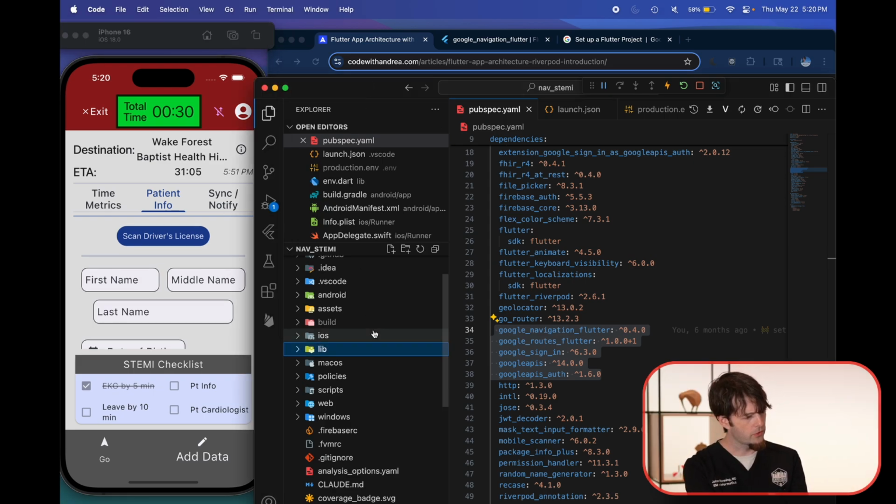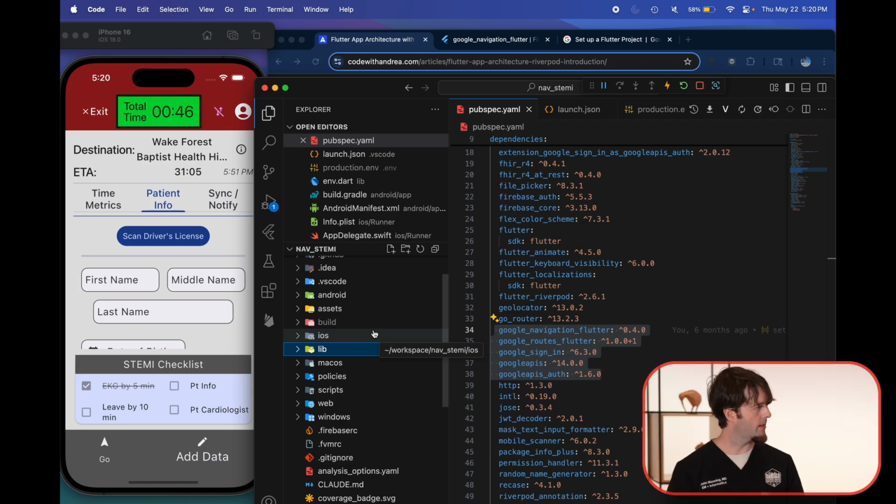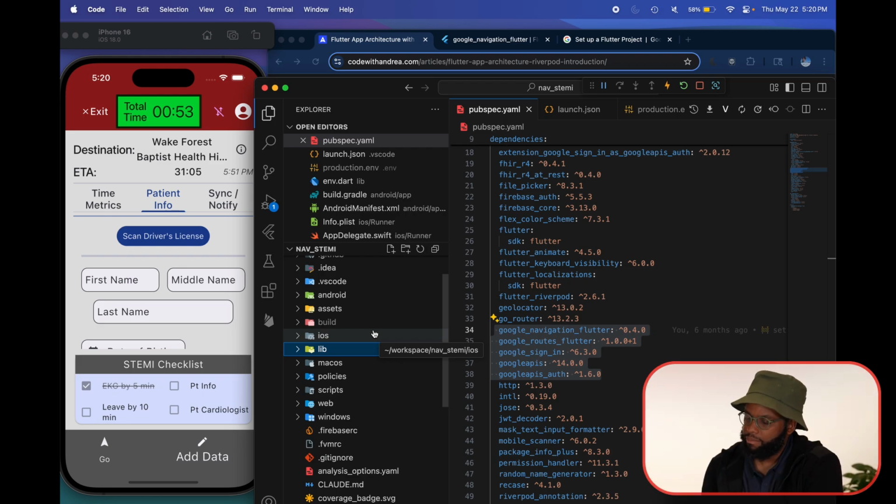So let's go through just two quick things for the architecture itself, and then we'll look at a quick trick that we have in terms of being able to manage app flavors that connect to different APIs. And I think that's going to be a really good start for just beginning the deep dive into this. What do you think? I think so too.